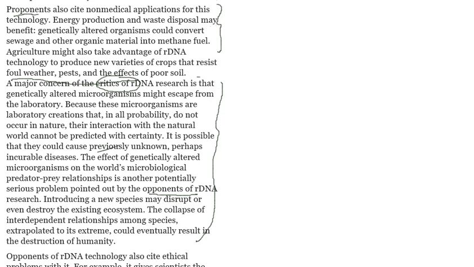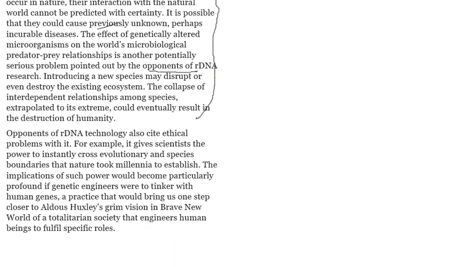And then further, what do we have? Opponents of rDNA technology also cite ethical problems with it. For example, it gives scientists the power to instantly cross evolutionary and species boundaries that nature took millennia to establish. The implications of such power would become particularly profound if genetic engineers were to tinker with human genes, a practice